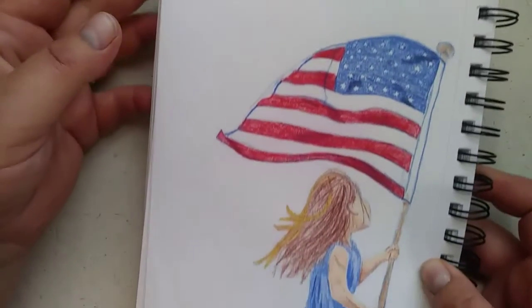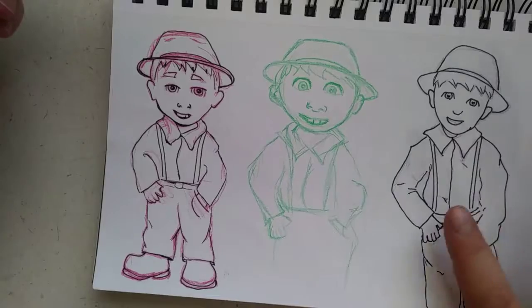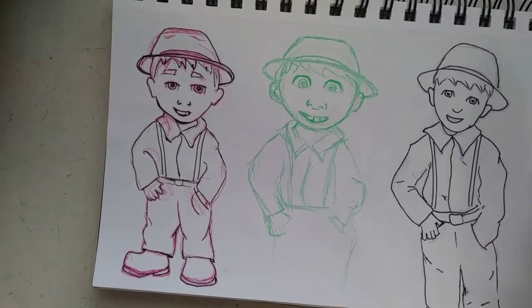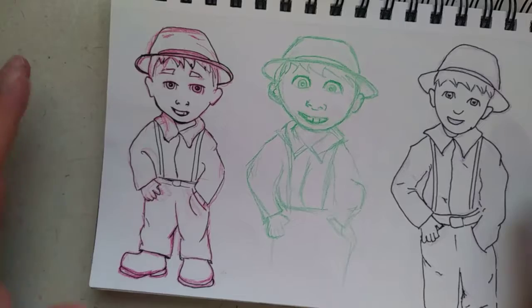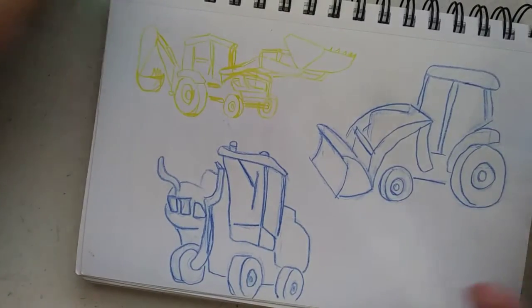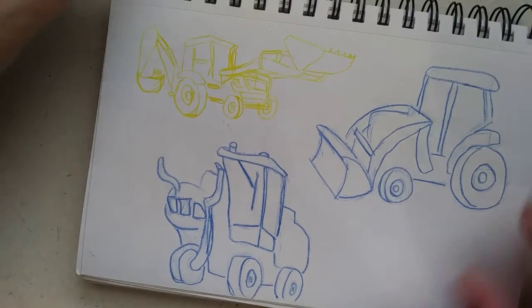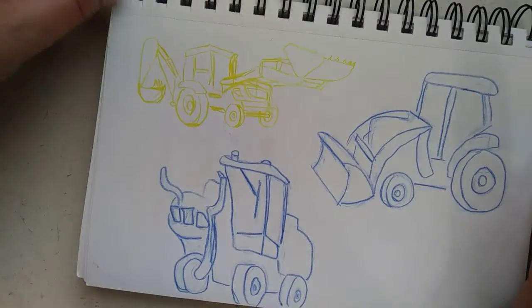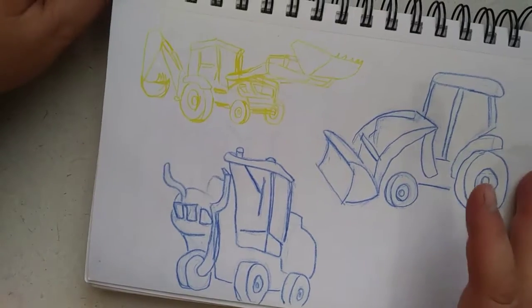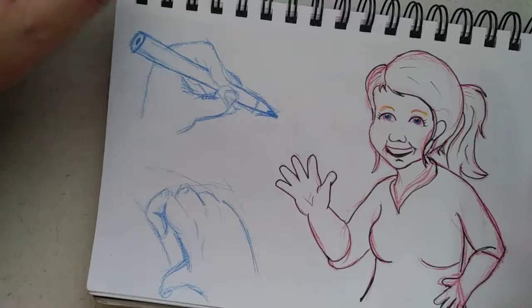Here's one I did for the 4th of July. This was the original sketch in my own style, and then I tried changing it into a couple of different Disney styles. And some more, these are actually from a reference, some more construction vehicles and tractors, and again trying to draw myself as a cartoon,